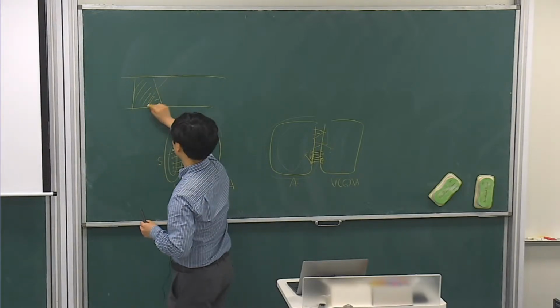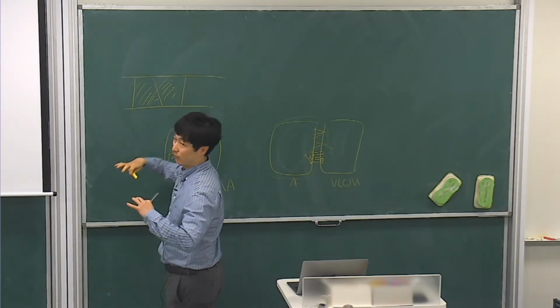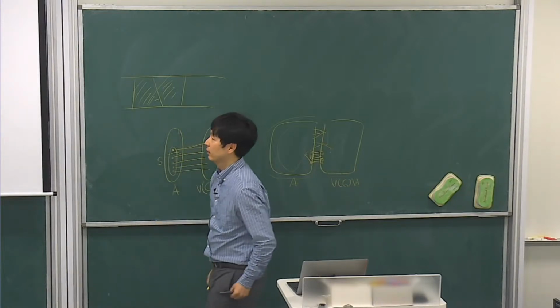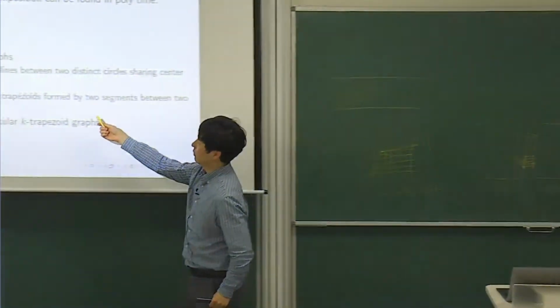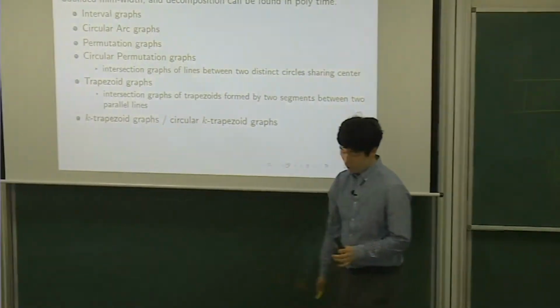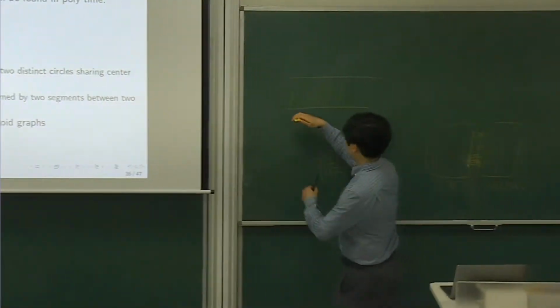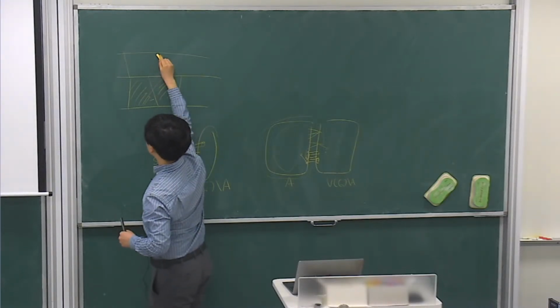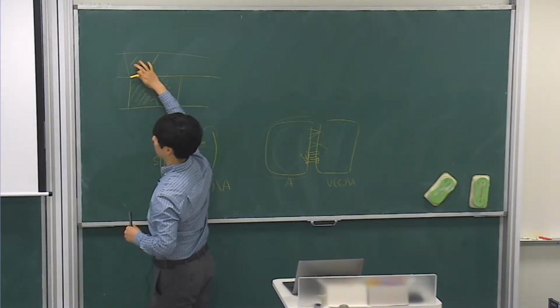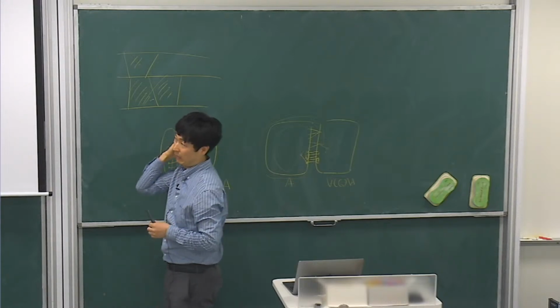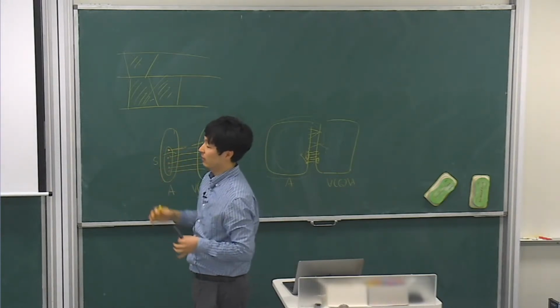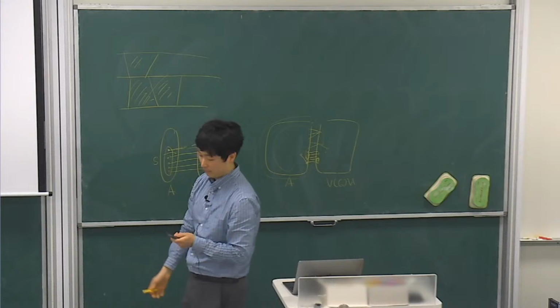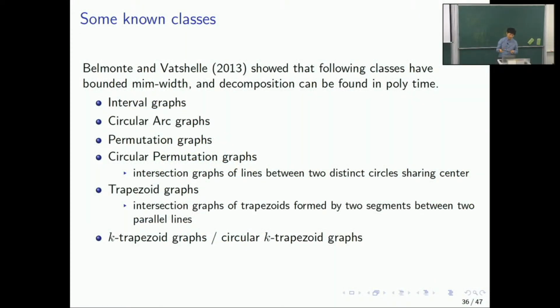And then, so you have a set of trapezoids, and then you look at the intersection graphs of them. So these graphs are naturally bounded mim-width. Then k-trapezoid graphs: not only two lines, you have k lines, and then one element looks like this. So it's a union of parallels, connecting them, and then intersection graphs of them, and also a circular version. So these are similar